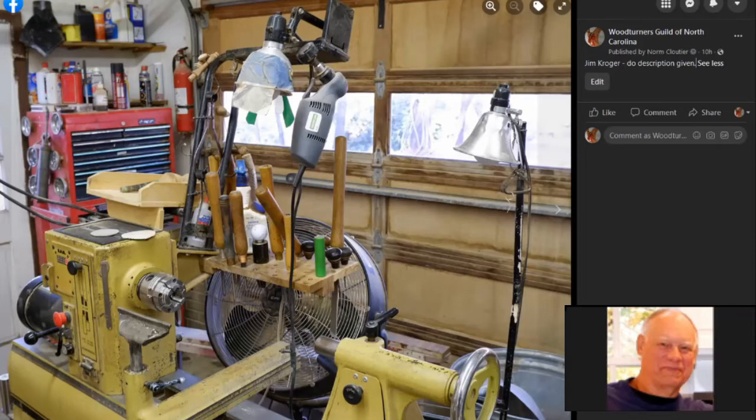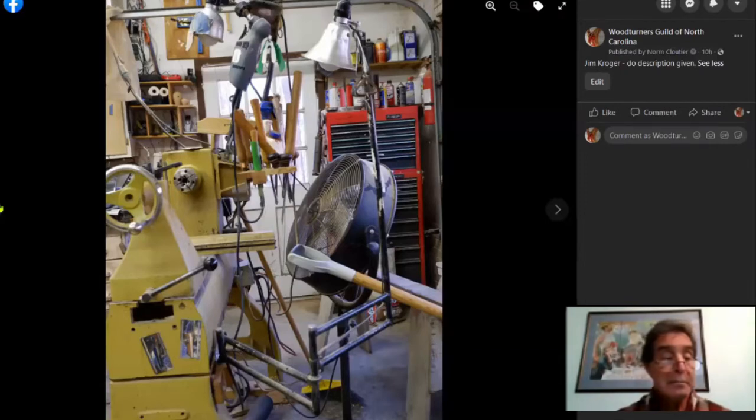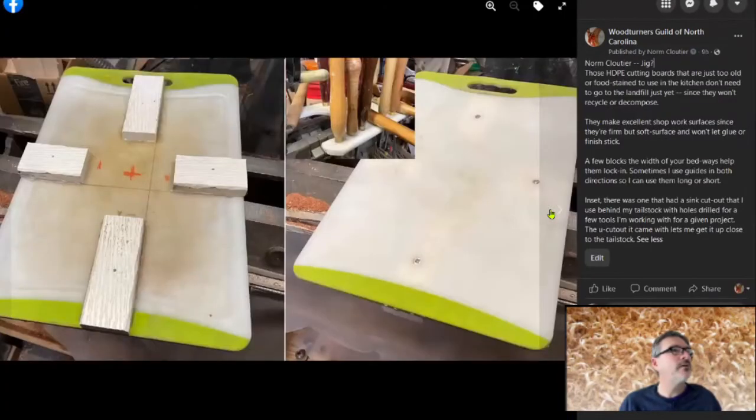It's farther than it looks like. Okay, if it gets in the way, I tuck it behind the tools. All right. Oops, wrong way. And I think that, oh, now it's me. Okay. So